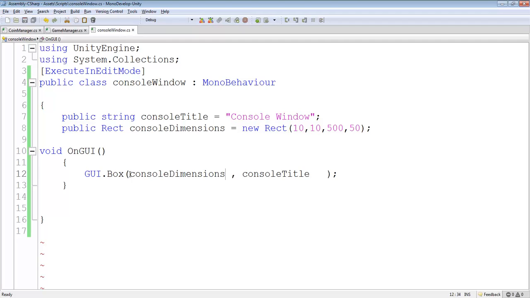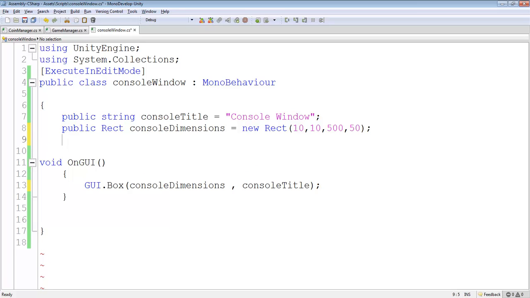Okay, so our console window itself is going to be used for debugging. Now, what I want to be able to do is, when I press the C key, I want to be able to hide this. And again, what I'm doing is I'm trying to save any errors, so I can script or edit my game on the run, like in real time when I'm working on it. So I'm going to create another variable that's public, and it's a Boolean,